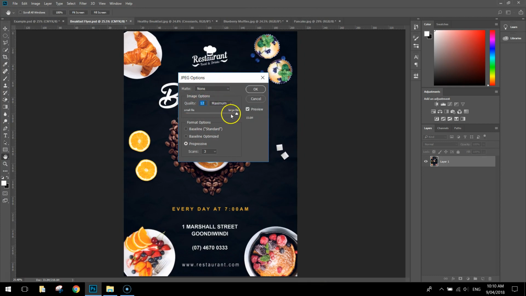Little box comes up asking you what quality you want to set it at. You choose a quality. I reckon about 10 might be a decent quality. And we'll click on, actually it's going to come out a pretty large file size, maybe even about 8 might be alright today. And then we'll click